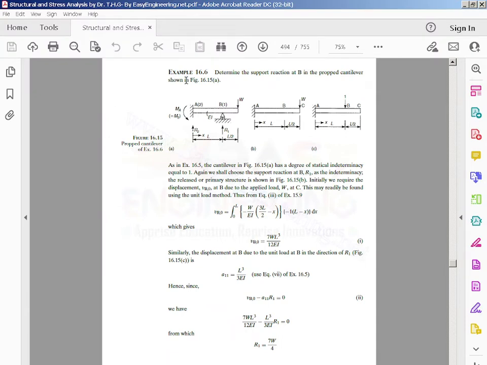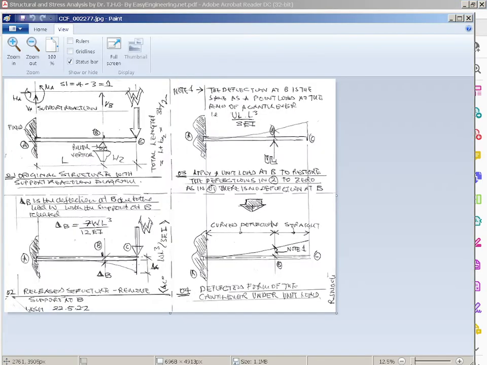It's example 16.6. Determine the support reaction at B in the prop cantilever shown in figure 16.15a. So it's looking at this. It is figure 16.15, prop cantilever of example 16.6. Just to run you through it, I've done my own little diagram. Basically, the static